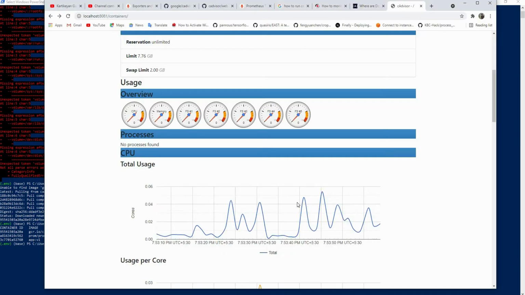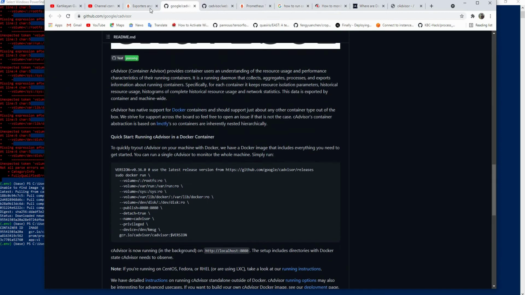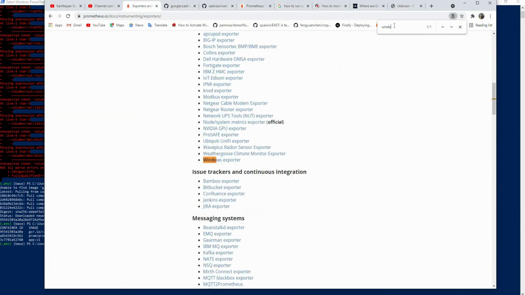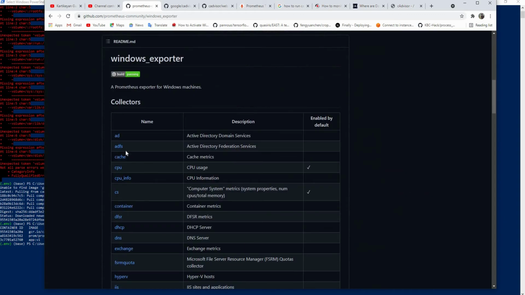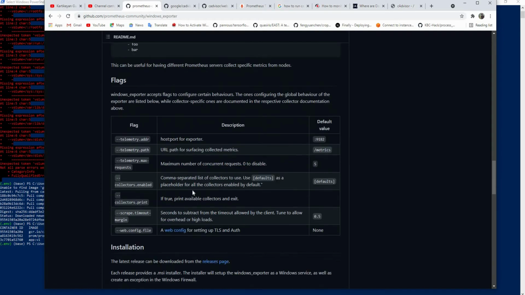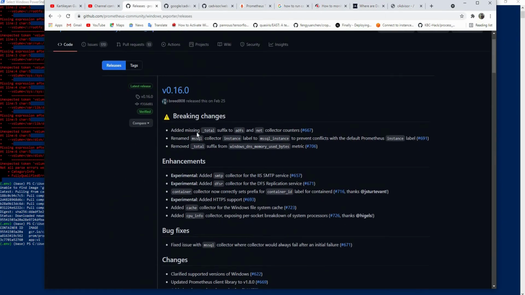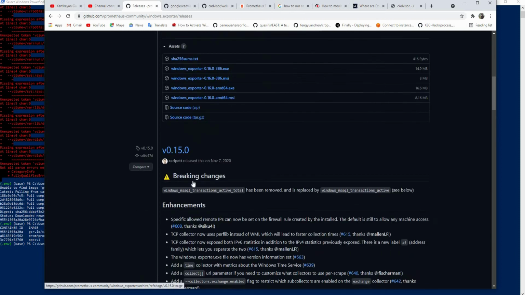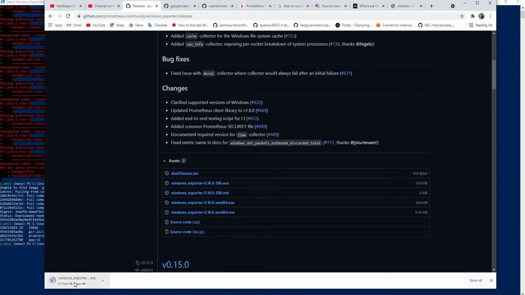Let me see if I could run another exporter. I'll go here and let's see Windows. Yeah, there's a Windows exporter, right? So let's see how to run this. Let's install the Windows exporter.